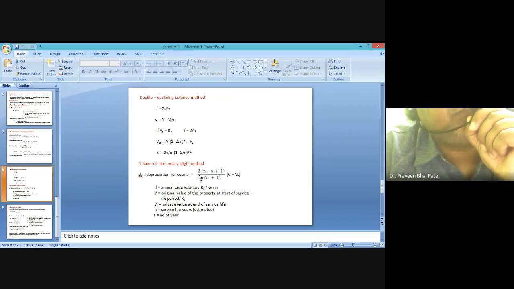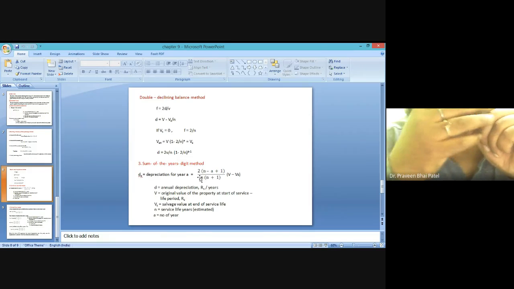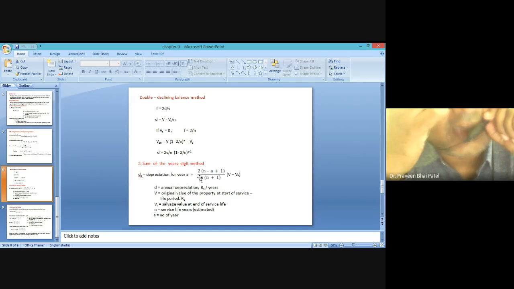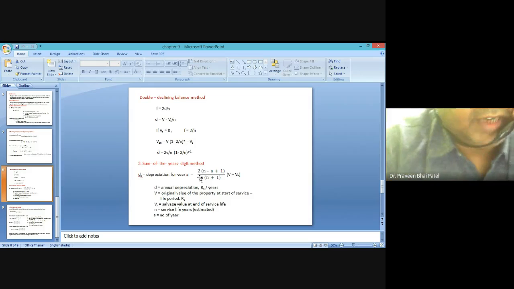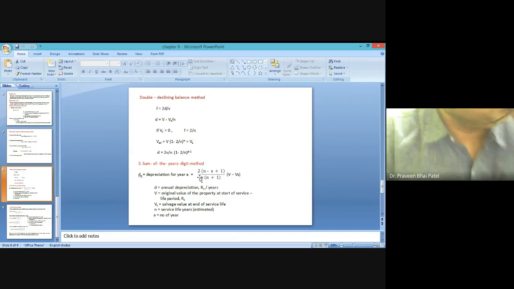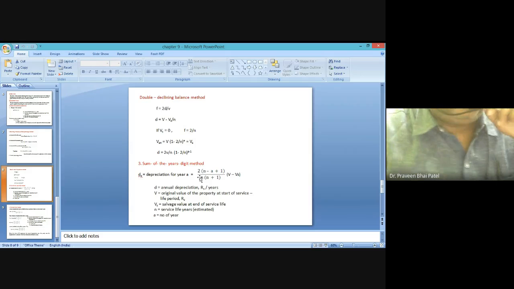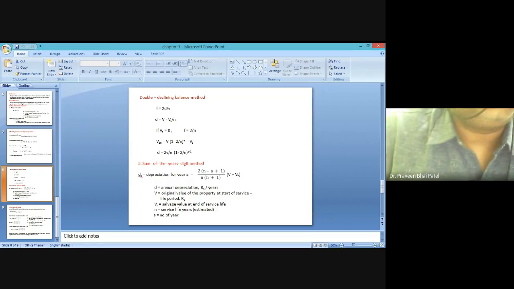So for example, जो example हमने लिया था, उस example में एक delivery truck अगर आपने खरीदा था 30,000 रुपीज का और 20% depreciation करते हैं, तो फर्स्ट ईयर का depreciation 6,000 होगा, सेकेंड ईयर का depreciation 4,800 होगा और थर्ड ईयर का depreciation 3,960 रुपीज होगा. ठीक है, तो ये मेजर डिफरेंस है.